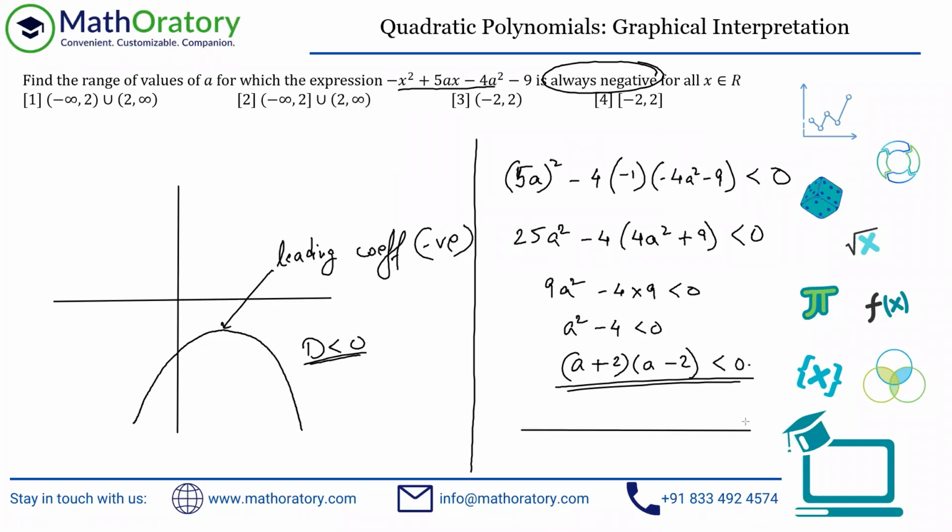So just plot the critical points here, or the roots of this polynomial quadratic, whatever you want to call this. So minus 2 and plus 2, these are the critical points or the roots. Now take any value of a here and substitute, and you'll find that it comes out positive. If you put, let's say, a equal to 3, this is 5 into 1, so that is positive, but we're looking for less than 0, so it doesn't satisfy here.